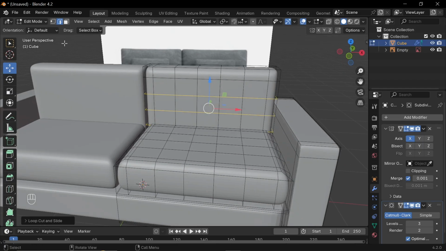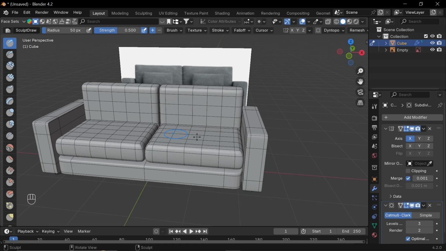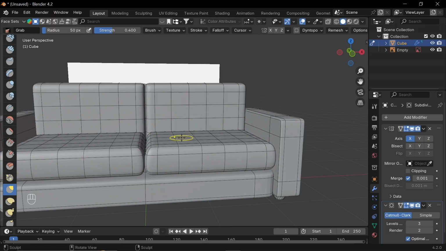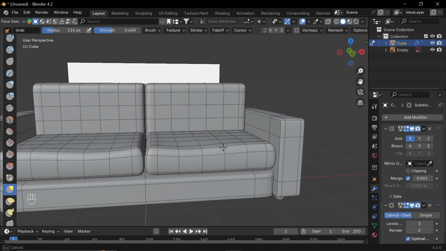And I'm going to go to sculpting. So when you're in sculpting mode, you enable wireframe so that you can see the wireframe of our seat. Now I'm going to go to grab. You can press shortcut G, and I'm going to increase the size of the brush. I'll right click and increase the radius a little bit, and then I'm going to just make an irregular shape on the cushions. Some parts pull up, some parts pull down,